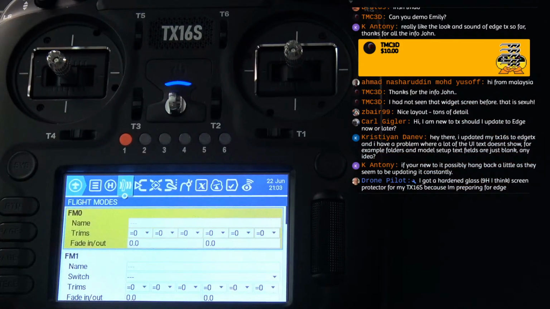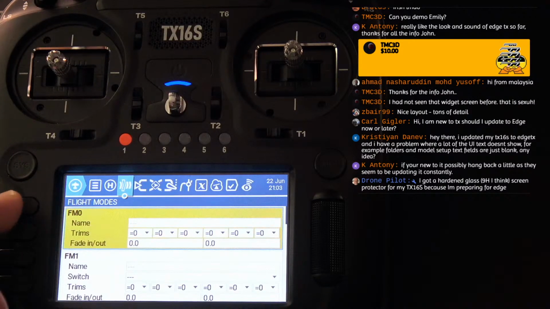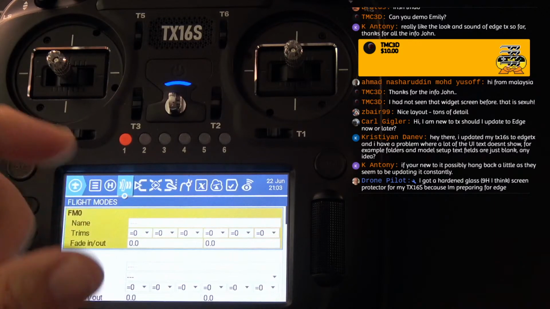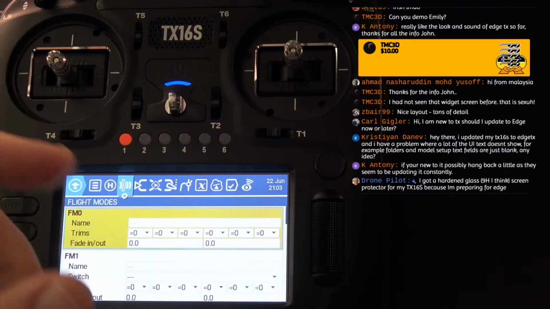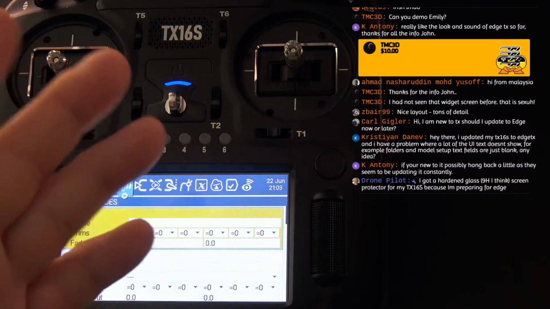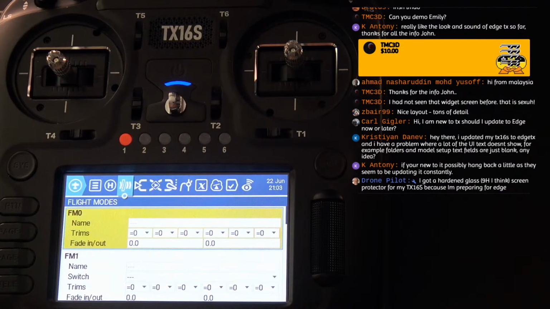But to be perfectly honest with you, when it comes to wizards, I know a lot of people like them. Personally, I could care less. Because the way I use my model setups is I create a template, and I have a fixed wing template, a quad template. And what I do is I just duplicate that, because it would literally make me crazy to think that I had to start with a model setup wizard every time I created a model, man.